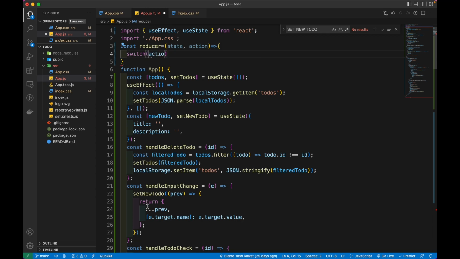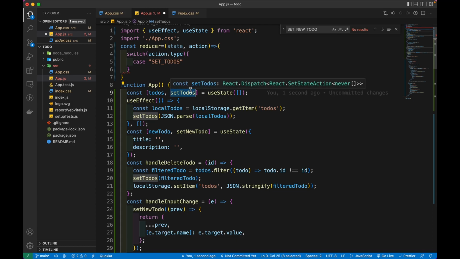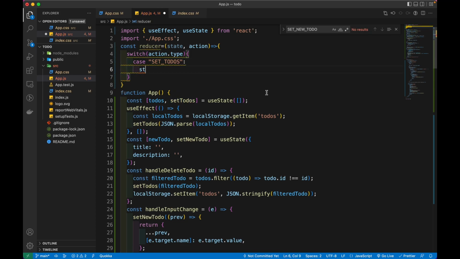So I'll use a switch over action.type, because I will change my state based on what the type of my action is, and it will get clear. So hold on. Okay, so the first case would be if I had to, say, SET_TODOS. Which will be this, right? I'm making this one first. Okay, so for SET_TODOS, what I'll do is